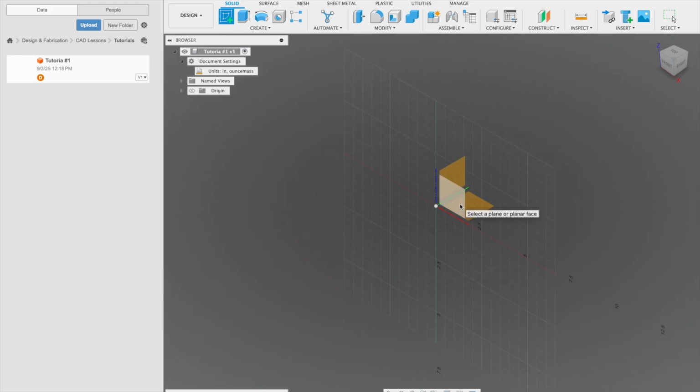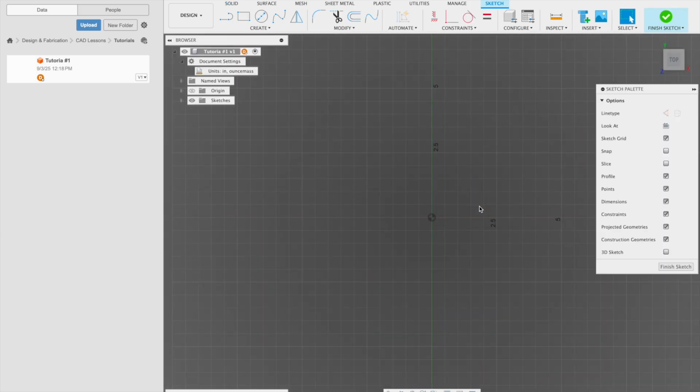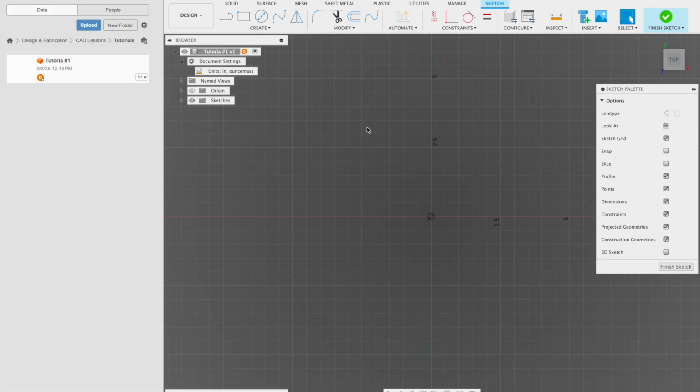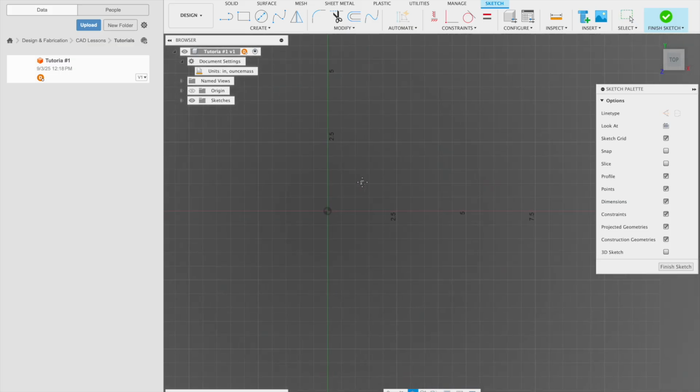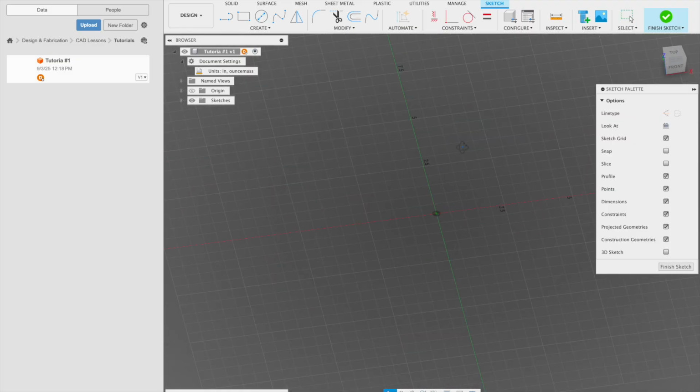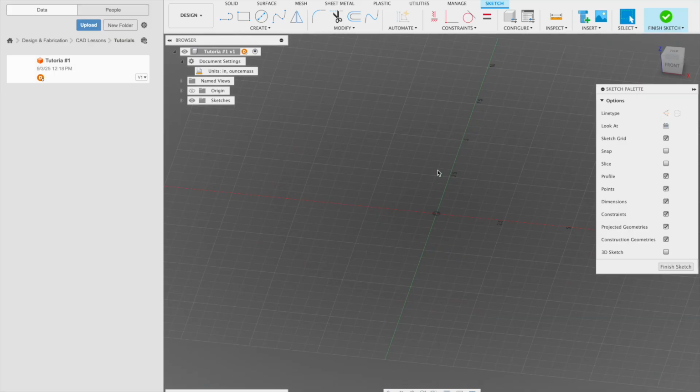So I have this plane here, or this bottom plane here. I'm going to click on the bottom plane, and as soon as I click on it, it's going to orient itself perpendicular to that plane. Now the scroll wheel is going to zoom in and zoom out. If I click and hold the center wheel of the mouse, it's going to pan back and forth. And if I shift click the center wheel of the mouse, it's going to allow me to orbit. So once I get a screwed up position, I'm going to go back to the top